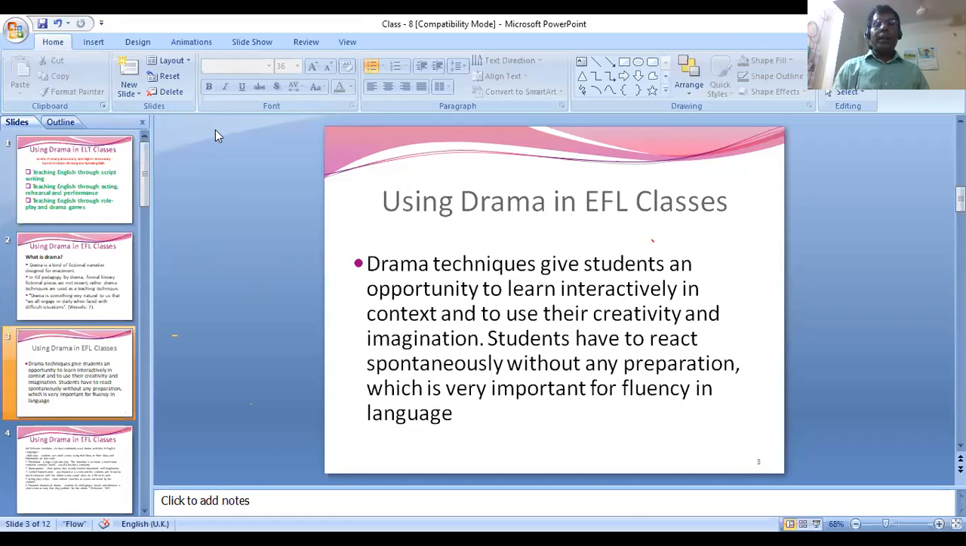Not next slide, next line. The students have to react spontaneously without any preparation, which is very important for fluency in language. Okay, the students have to react. When the students are put in this kind of drama, thrown in this kind of problem, when the students are